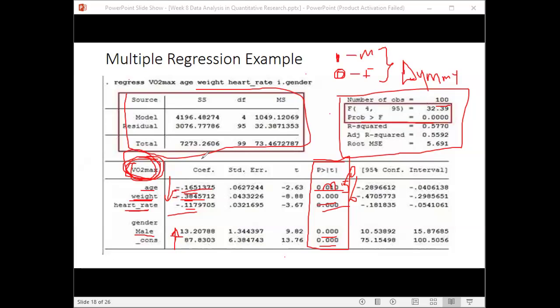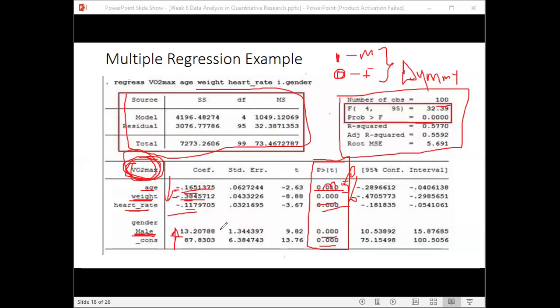The one that has the value of 1 is the presence of the characteristic. So in this analysis here, you see male. What it means is that it is male that was the presence characteristic, right? The absent characteristic is female. And so when you are interpreting this, you interpret it in the form of being male. Is it positive or negative? It's positive. It increases the dependent variable by